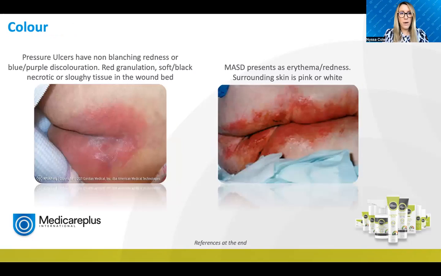Then we have the colour as well. So pressure ulcers, as you know, can be all sorts of different colours. They can range from red, yellow, pink, black, green, blue, purple. So, a whole range of different colours. Whereas with moisture-associated skin damage, it only involves that superficial layer. So the wound is only ever going to be pink or red, or you might see some white areas where we've got that maceration. So if the wound is looking any other colour than red or pink, then we need to consider that being a pressure ulcer. As you can see from that image, there's a bit of a purpley tinge to that skin